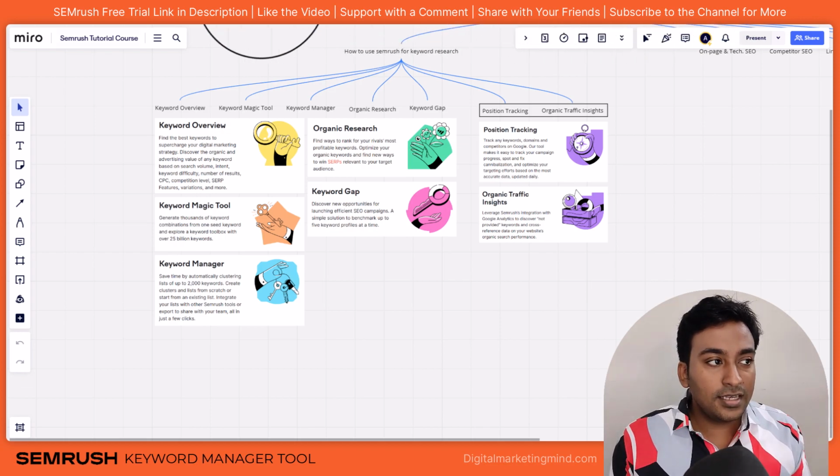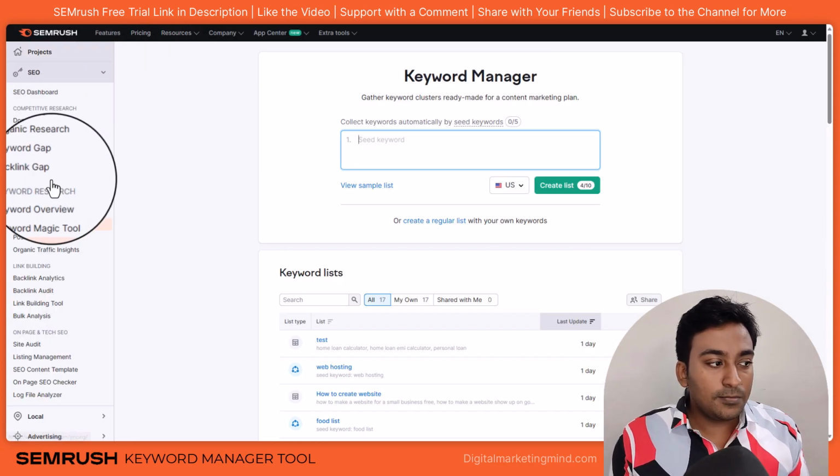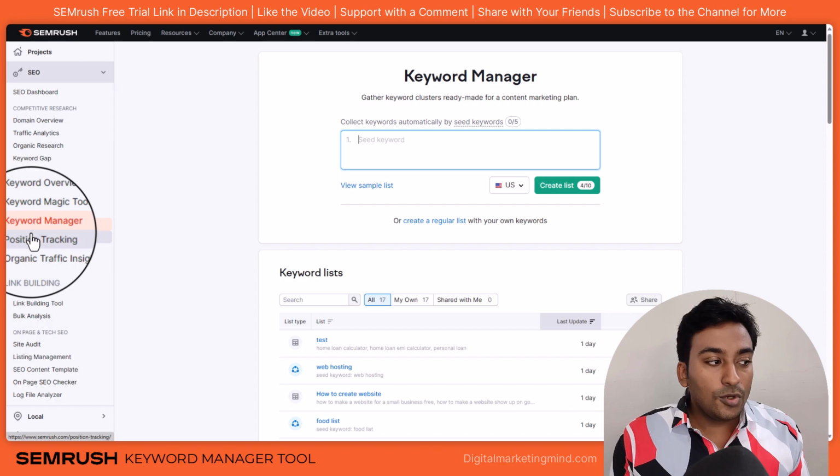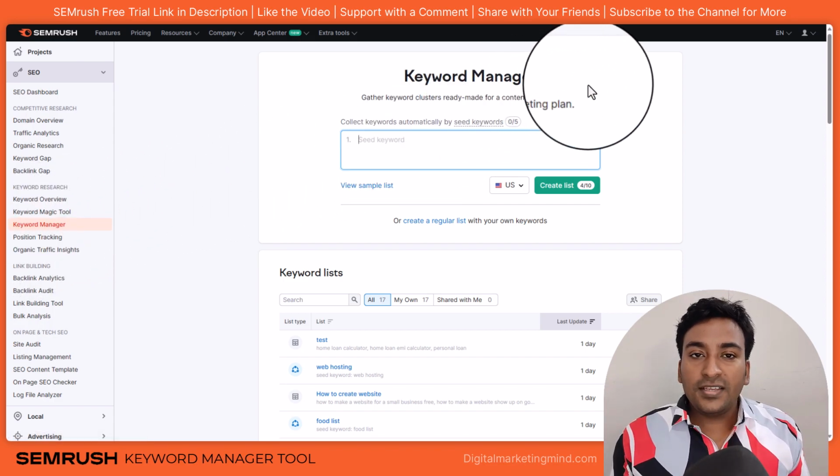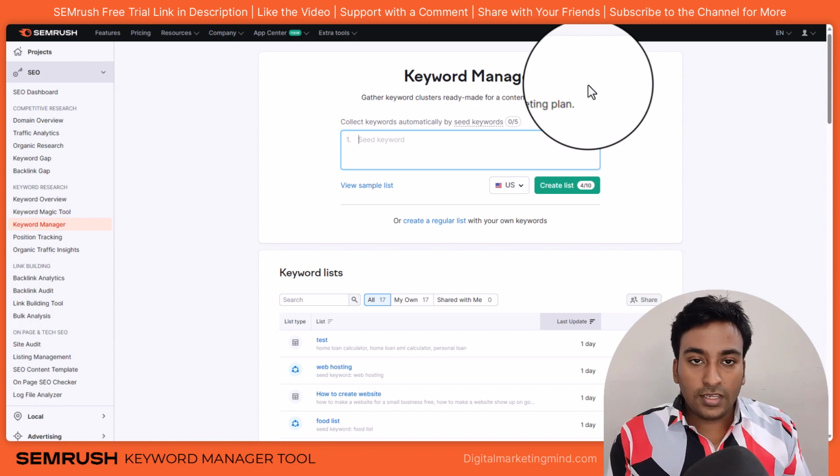You can access Keyword Manager from SEMrush under Keyword Research. You can see Keyword Manager. By clicking on it, you will come here. Basically, the Keyword Manager tool within SEMrush helps you to create keyword clusters or keyword groups or manage your own